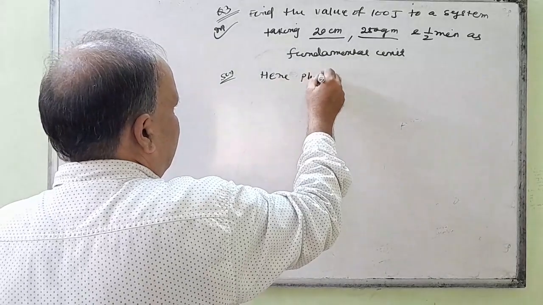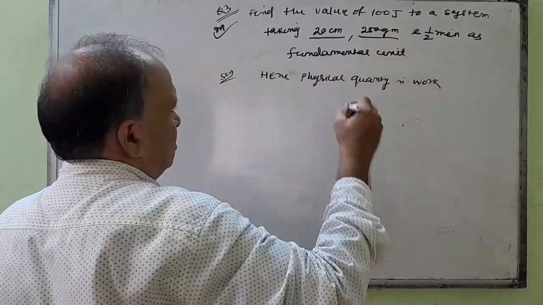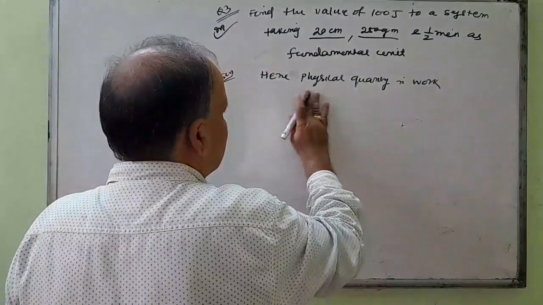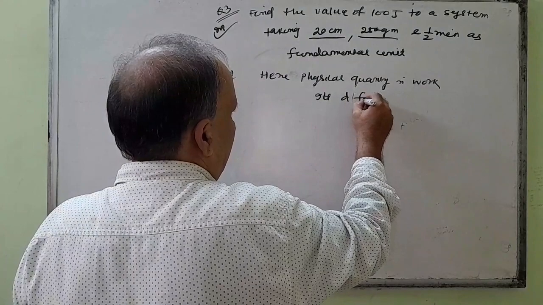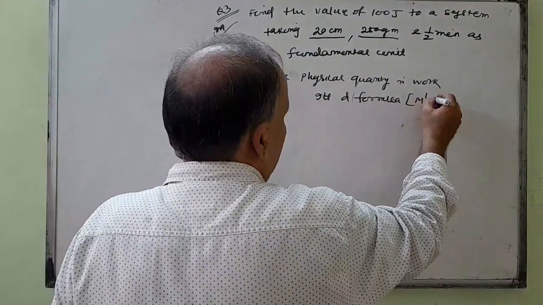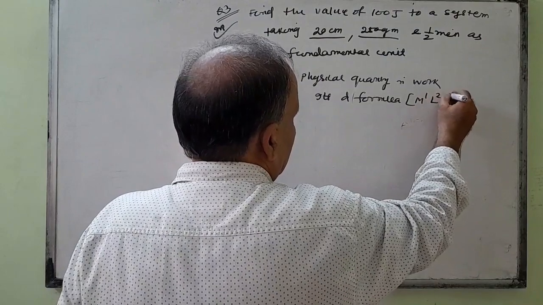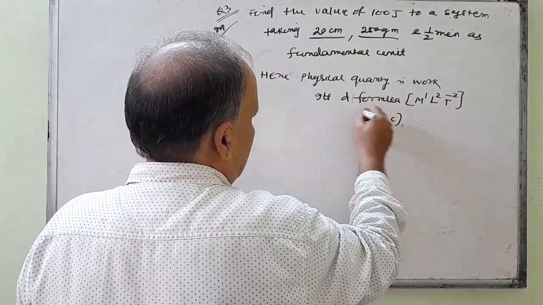The physical quantity is work, because its unit is joule. Its dimensional formula is M^1 L^2 T^-2. So a, b, c are